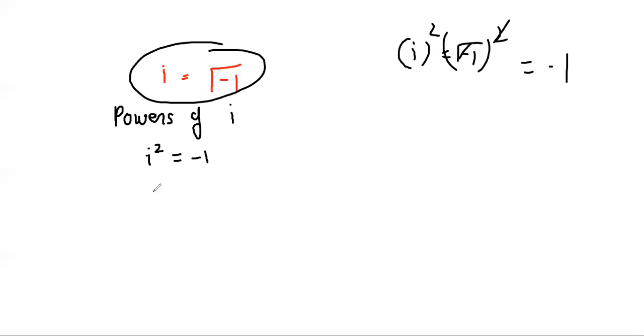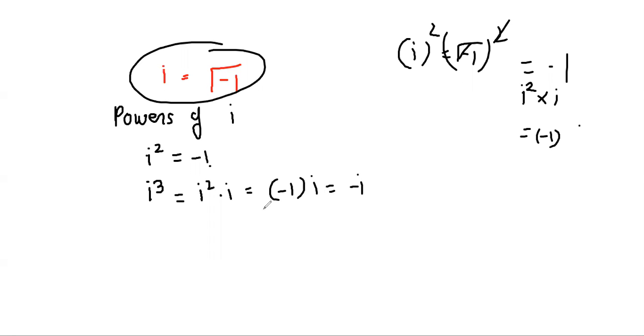Got it? Now if I take again, i cube is one more power of i, I mean i square into i. So i square we have already found out, it is -1. But what is i? i is square root of -1, like this. Got it? What will be i cube? So i cube you can write down as i square into i. So i square is what, beta? i square, you will say this is -1, and into i, -1 into i becomes -i. So i square is -1, i cube is -i.